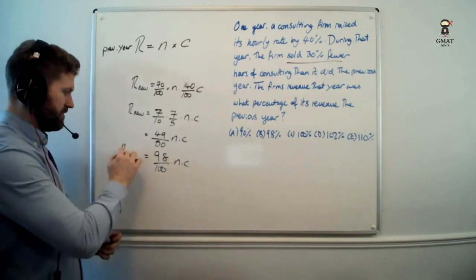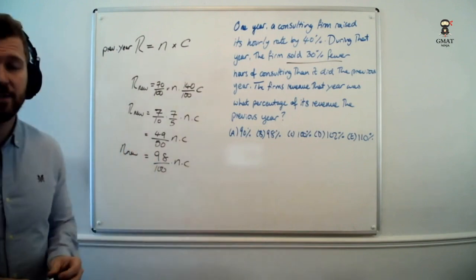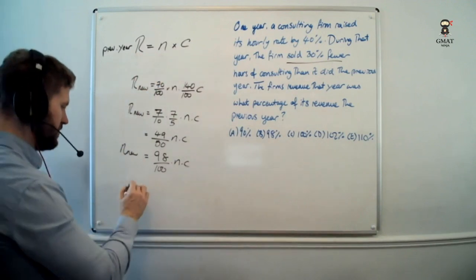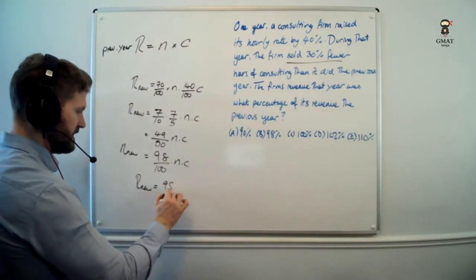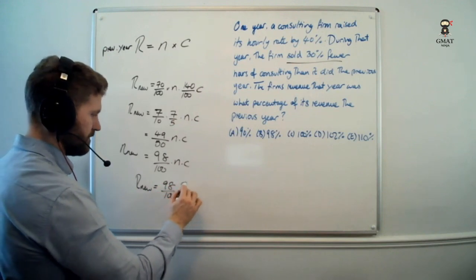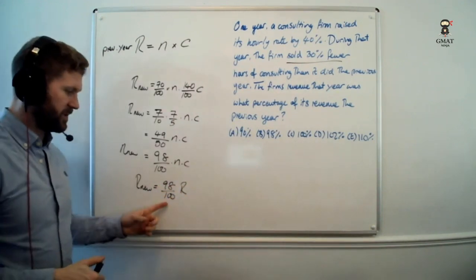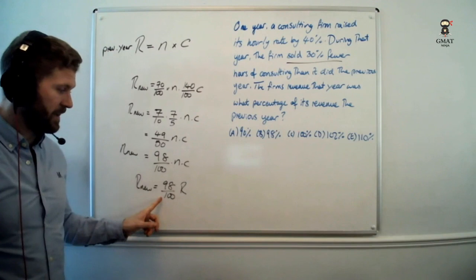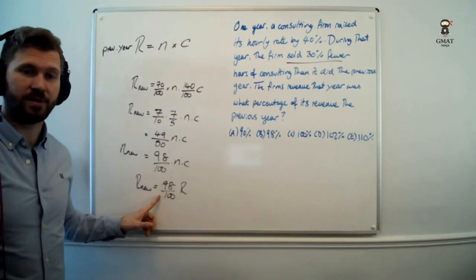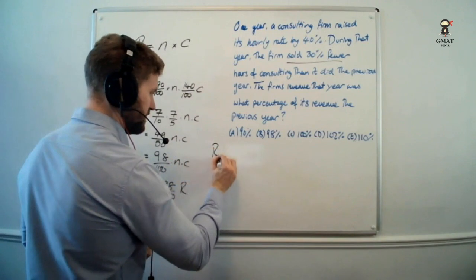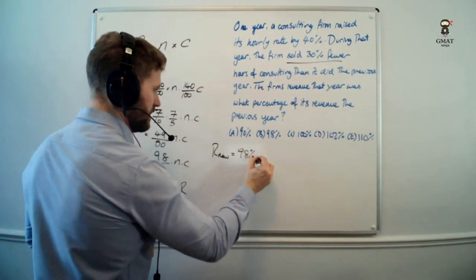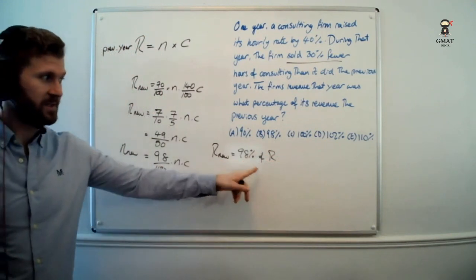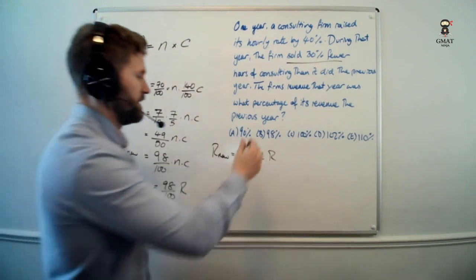So this new revenue value that we've been working out is 98 over 100 times nc. Now the nc, that's the old revenue value. So the new revenue is 98 over 100 times the old revenue value. Converting this into a percentage, well, we've got 98 over 100. As we said way back in question 2, a percentage is just defined as something over 100. So we can, again, literally rewrite this as the new revenue is 98 over 100, 98% of the old revenue,